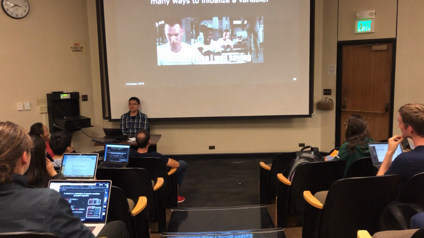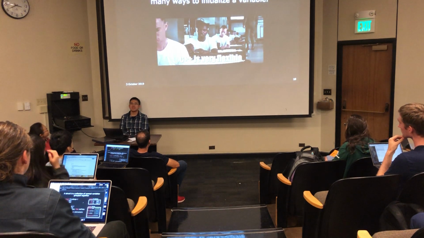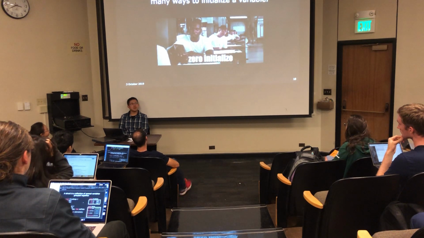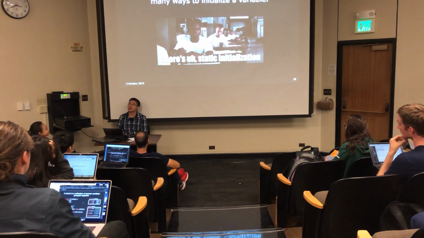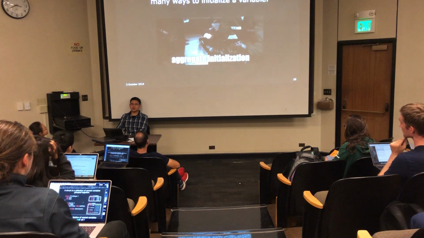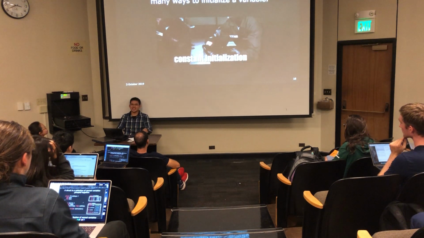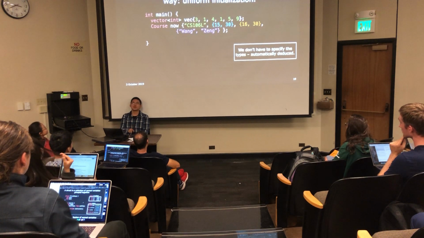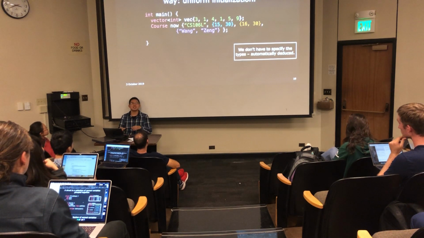Okay, so essentially, there's a lot of ways to initialize, and it's not really feasible to know or memorize all of them. The way to initialize also depends on what type you're working with. So, ironically, to fix this problem, C++ decides to add one more way to initialize. Right? So there's a 27th way to initialize called uniform initialization, which is supposed to fix all of these